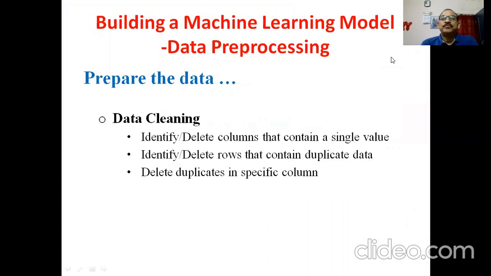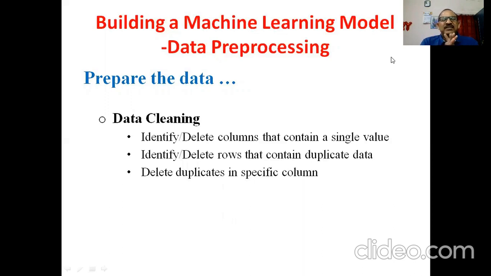data cleaning. What is data cleaning? Data cleaning refers to all kinds of tasks and activities used to detect errors and remove these errors from our data set. So today we are going to discuss simple errors in our data set.